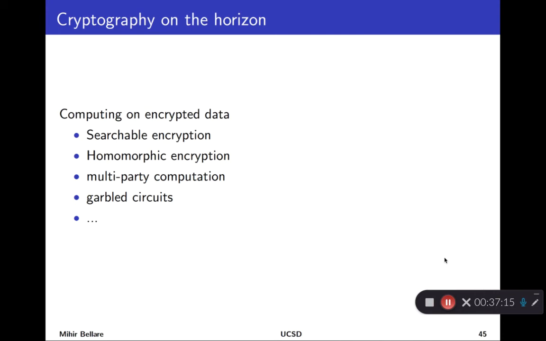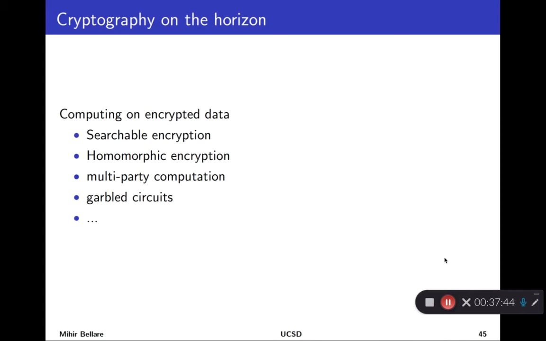We've focused so far mostly on these problems of getting privacy and integrity, but modern crypto goes well beyond that. It has mechanisms for things like computing on encrypted data. You can leave your data encrypted and nonetheless perform a computation on it in such a way that only the answer of the computation comes out. You can create databases where information is kept encrypted, but you can nonetheless search on it.